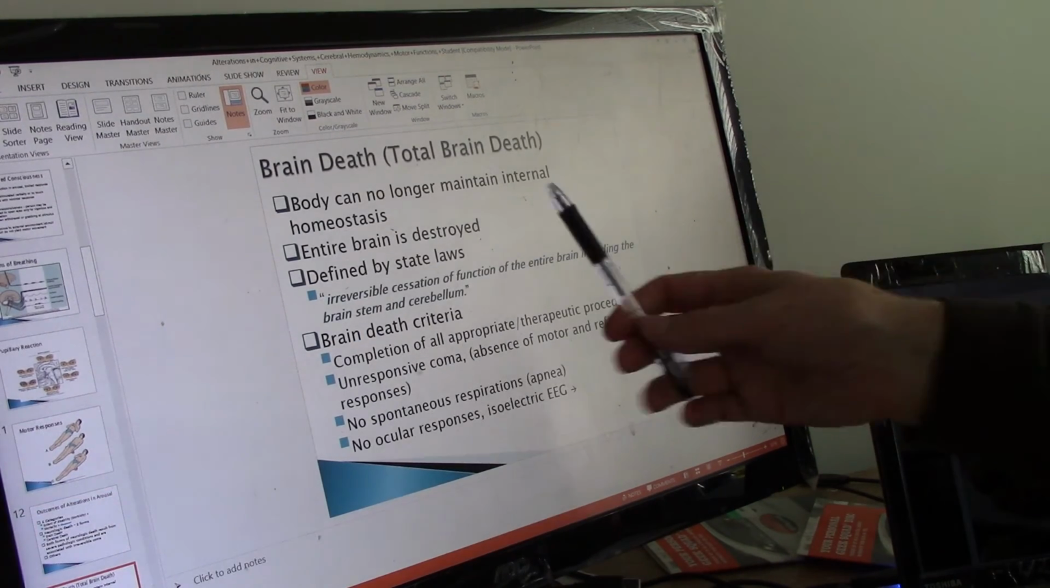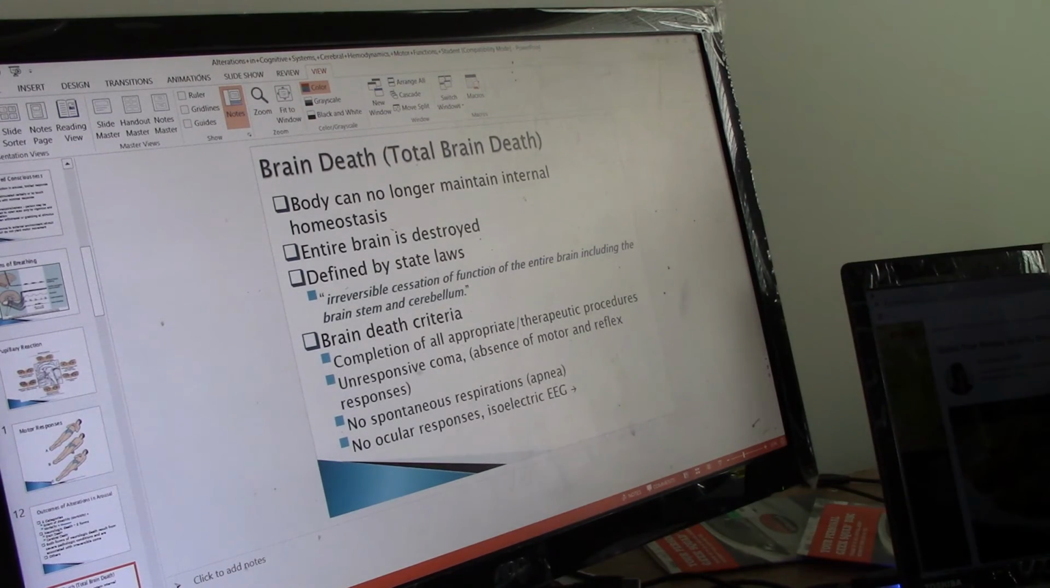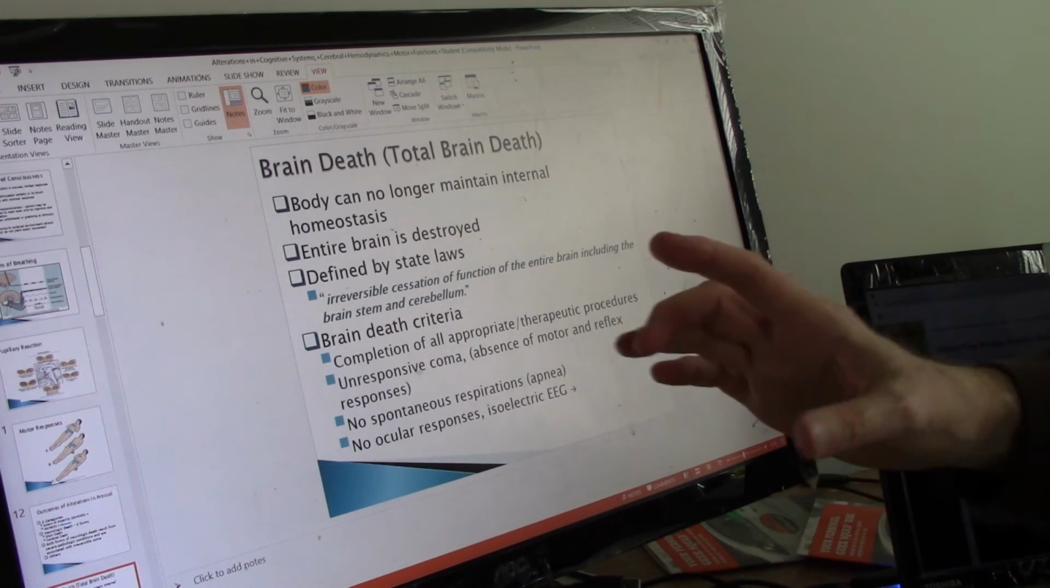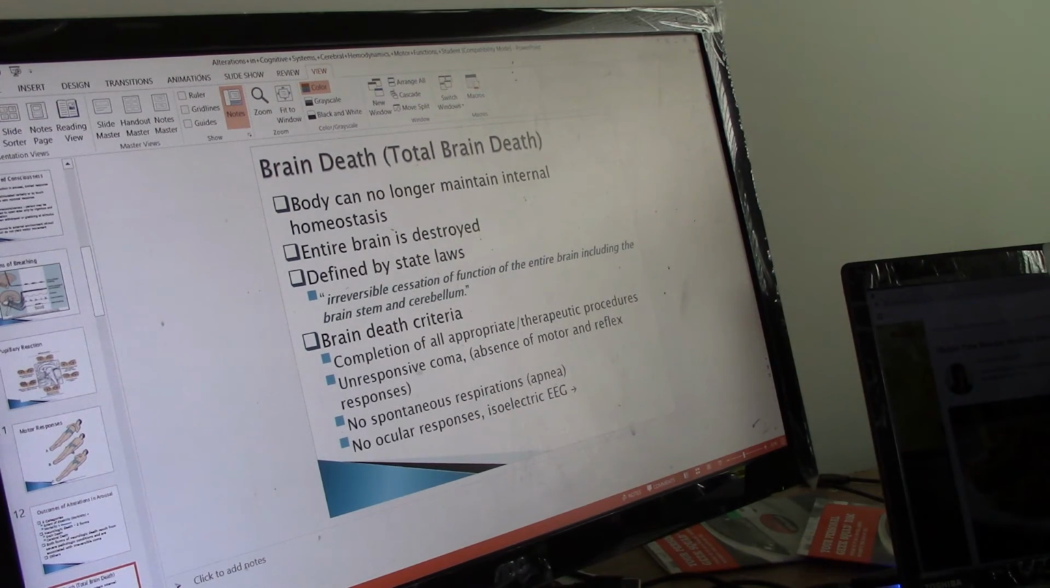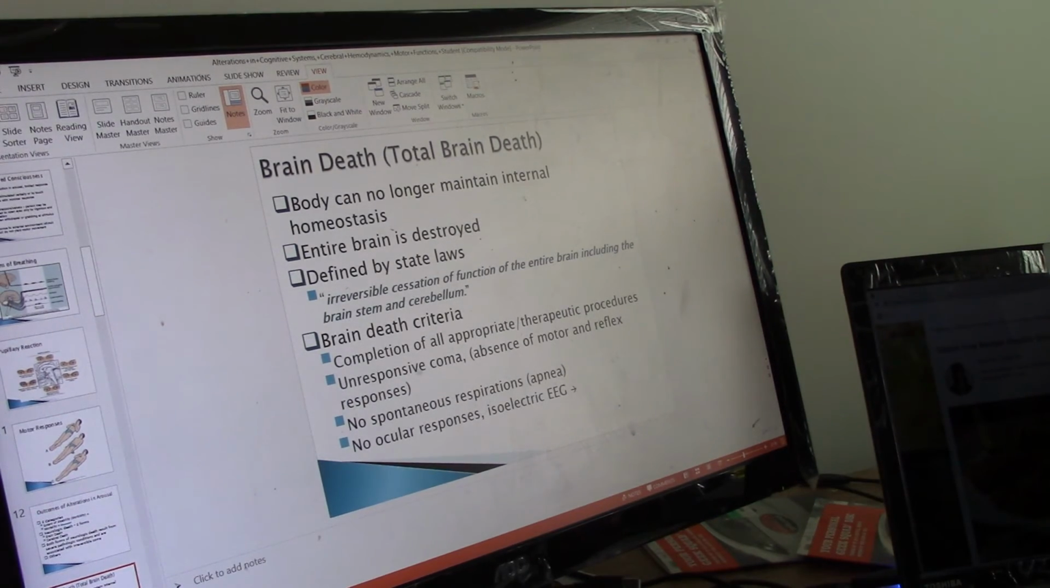So here's brain death, which is total brain death. The entire brain has been destroyed, including the upper brain, the middle brain, and the lower brain stem. With that, the brain really cannot receive any information about how the body is doing in terms of breathing, in terms of heart rate. And you can see the criteria. You can read those on your own. Now contrast that to